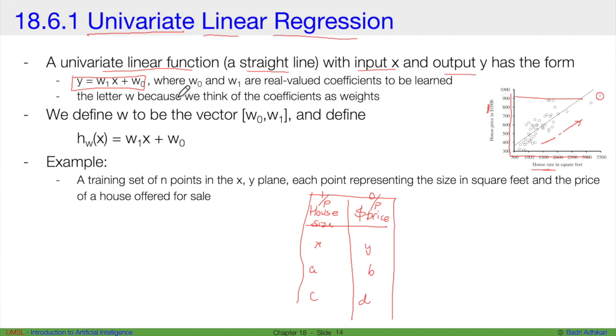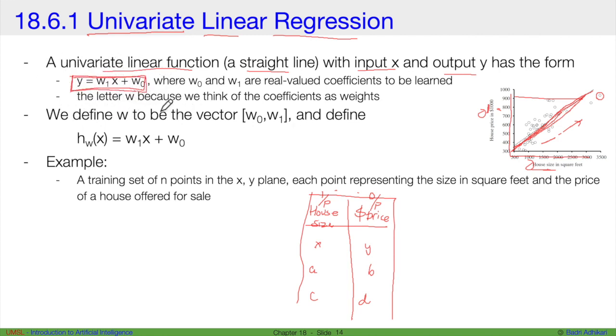Now, univariate linear function is simply trying to learn the relationship between these two variables, these two columns, by using a straight line. We would like to fit a straight line into this data such that the line represents the pattern or the relationship between your input variable and your output variable. And such straight line relationship is represented by such an equation: